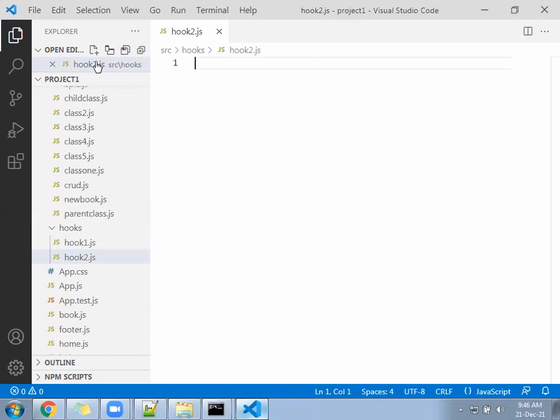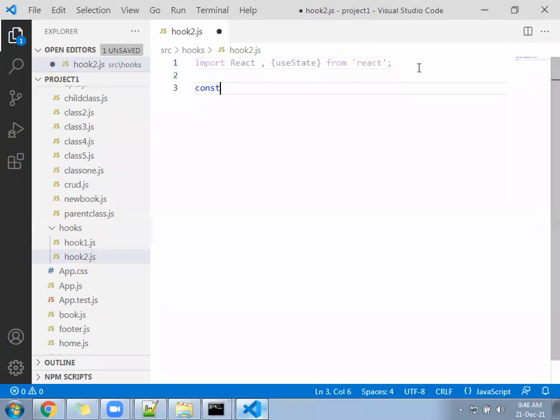Let's go import here React, comma, useState from React.